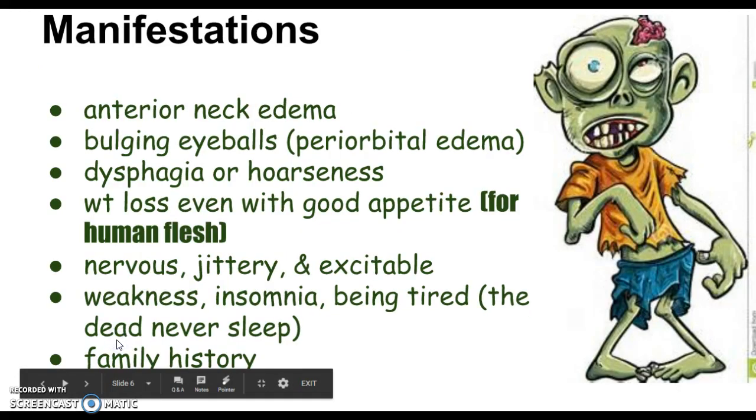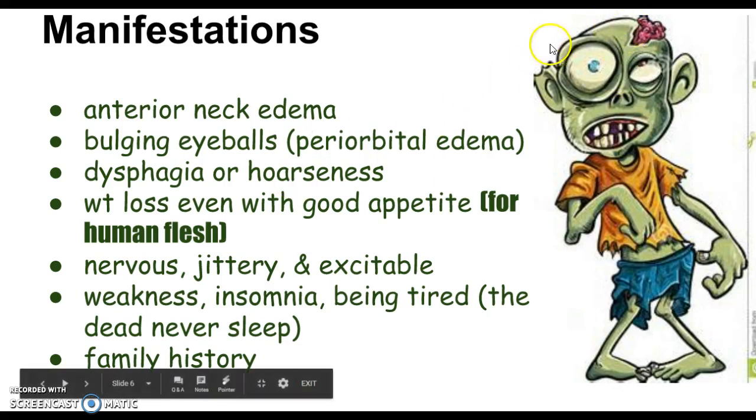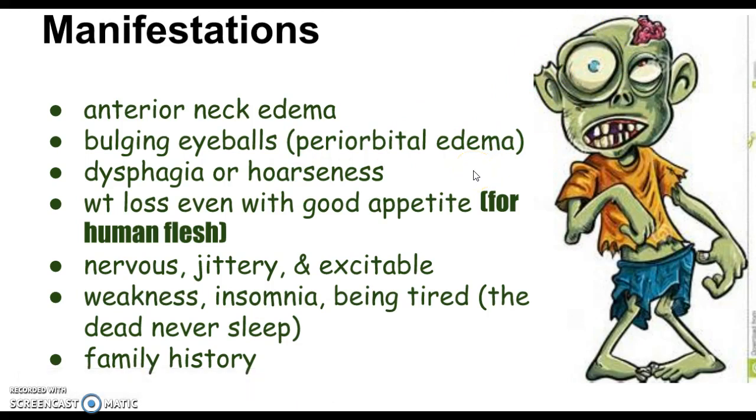Other manifestations: anterior neck edema, and that has to do with the fact that the thyroid's located in the neck, and so it's going to be swollen. Overactive, that makes sense. Bulging eyeballs, that's kind of weird, but here you can see my zombie has a bulging eyeball. This is sometimes called periorbital edema, and it gives a kind of a startled or scary appearance to the